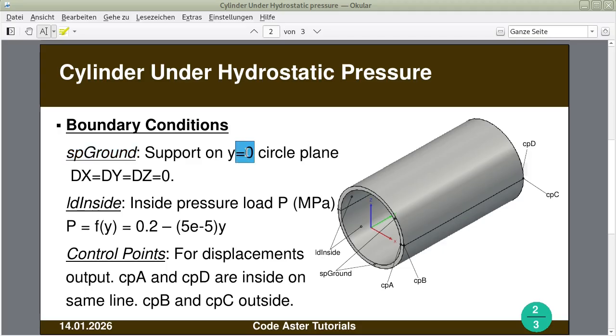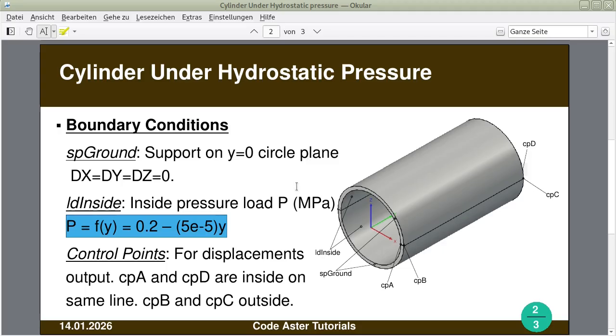So the SP ground is the support on the y equals 0 circle plane, dx equal dy and dz equals 0, and LD inside where we apply the pressure P in megapascal, and the pressure is a linear function. P equals 0.2 minus 5e minus 5 y